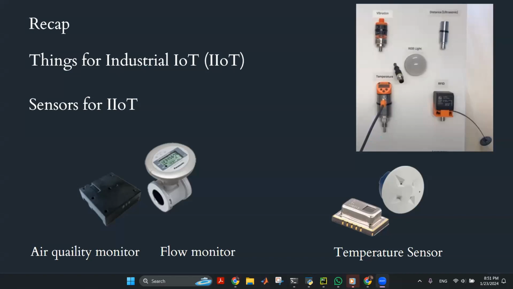Industrial IoT is basically focusing on creating IoT systems or IoT networks for industrial environments.